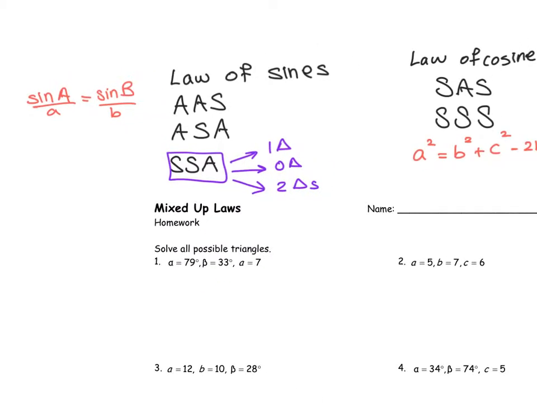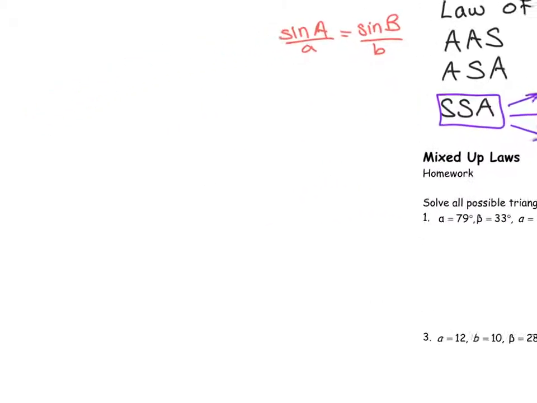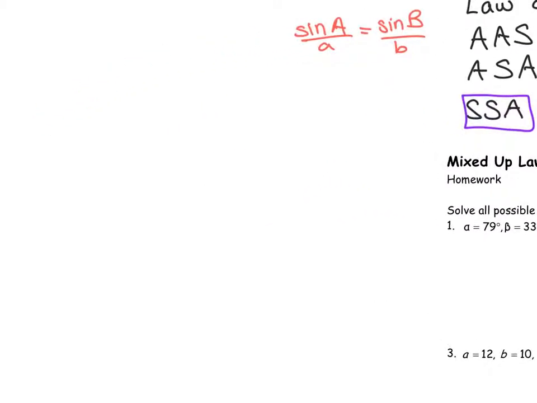Now, let's talk more about the ambiguous case. Every single time you have an angle given, let's say this is angle A, and an opposite side given, which is, let's say, a in this case, and side b is given. So basically, you need to compare the opposite side to the adjacent side. If the opposite side a is greater than b, which is the adjacent side, then I have only one triangle. If a is less than b,